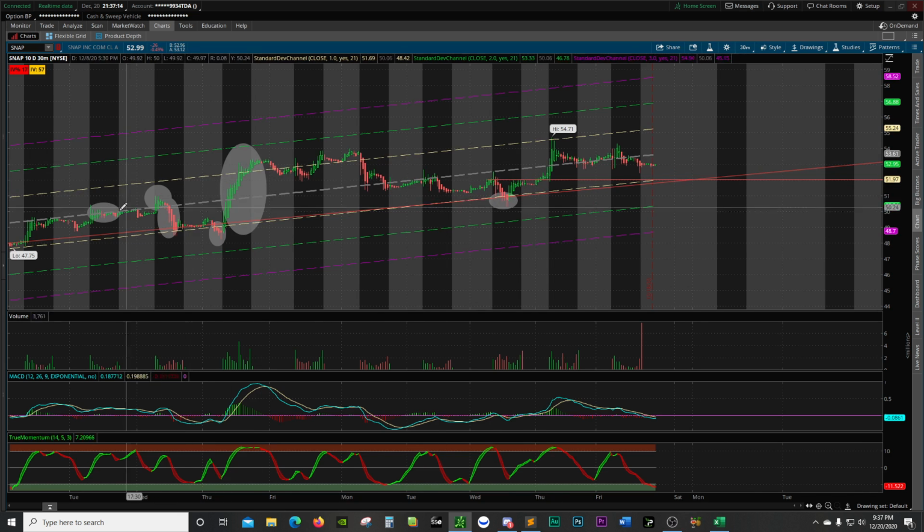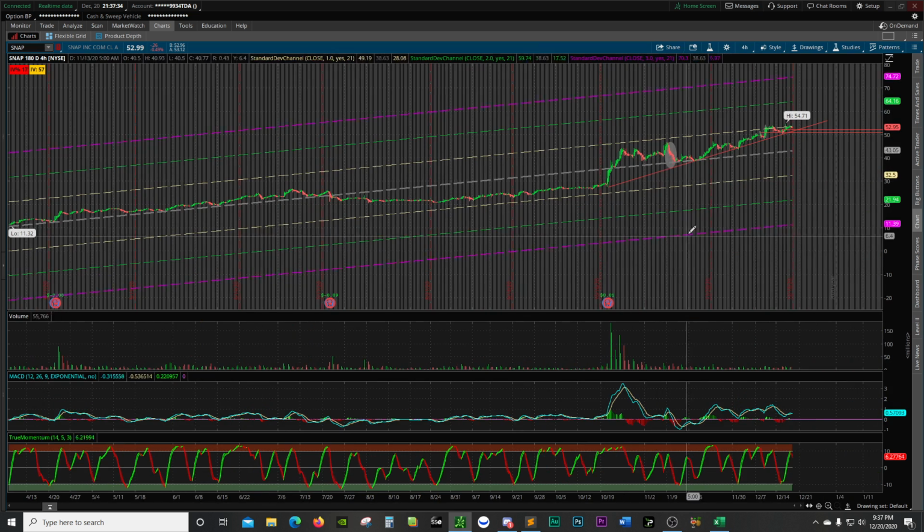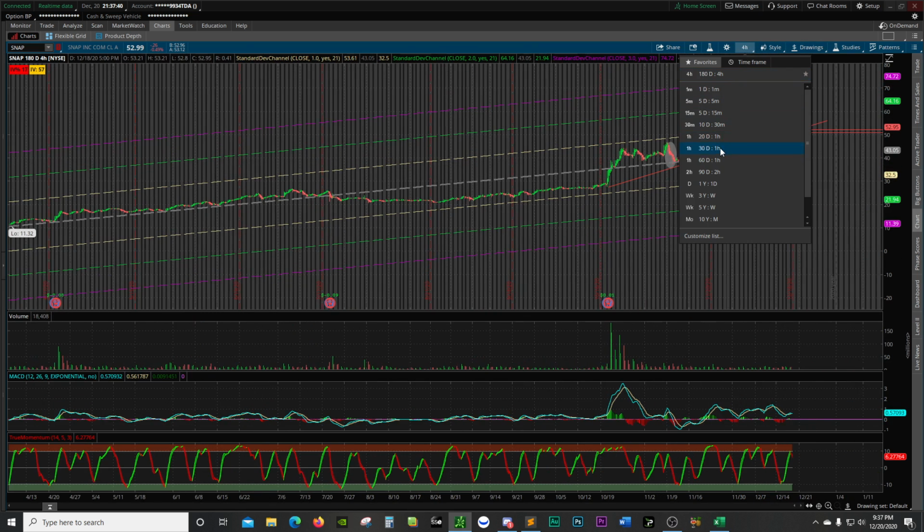It did the exact same thing right here. It used the resistance as support. It touched the trend line and it bounced. Use resistance as support right here. It touched the trend line and bounced, assuming that the trend is still up. You can see how I drew the trend line here, and it runs off of that trend line very consistently, to be honest with you.